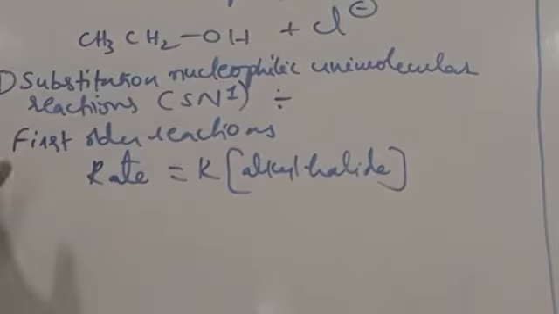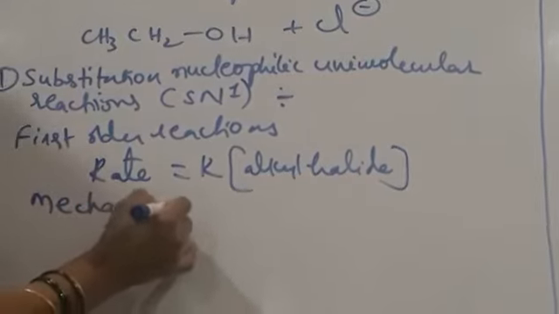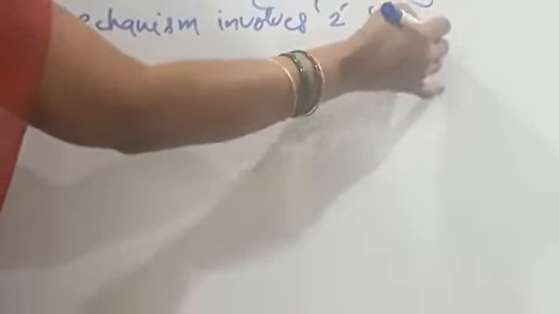And the reaction takes place in two steps. So SN1 reaction is a two-step reaction. The mechanism involves two steps. In the first step we get carbocation, that is called the rate determining step. Why? Because the first step is a slow step. And in the second step we get the final product. Okay. For example, tertiary butyl bromide is there. Okay. So the SN1 mechanism involves two steps.